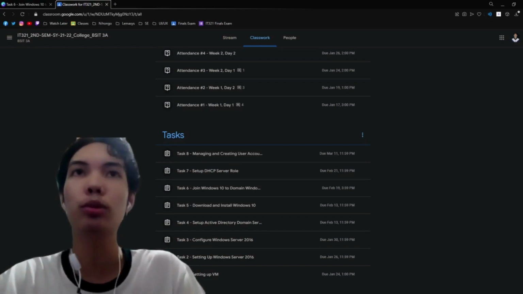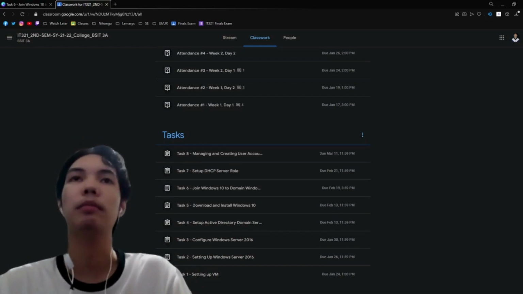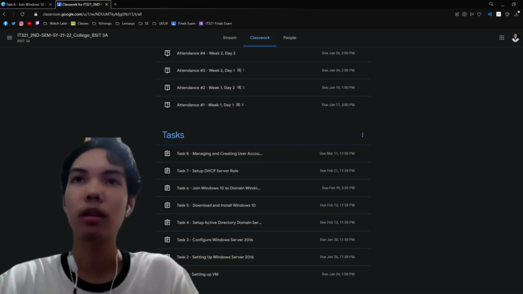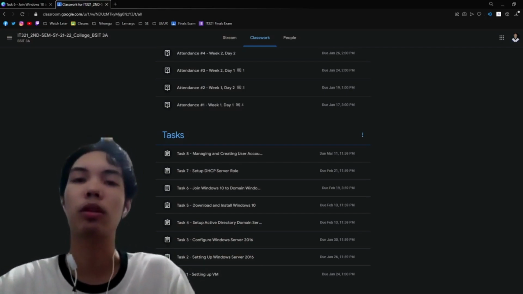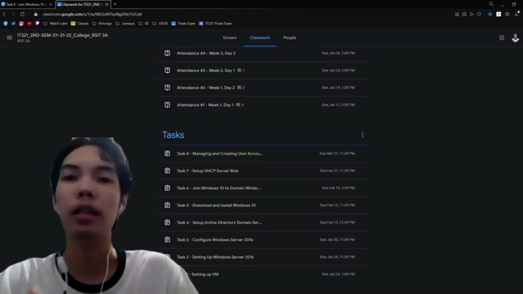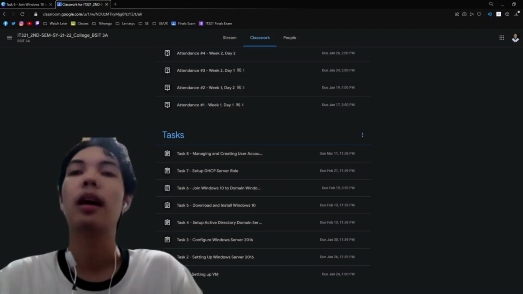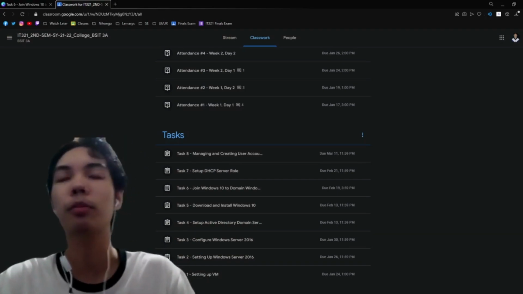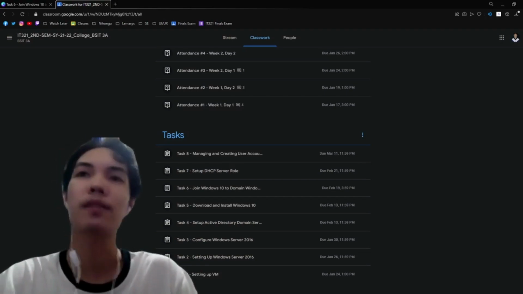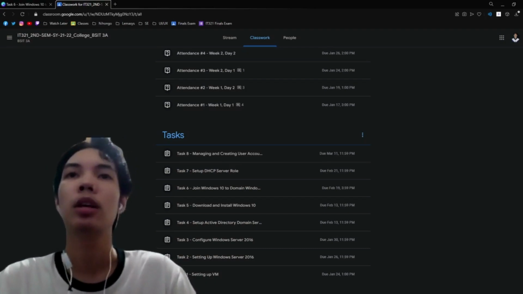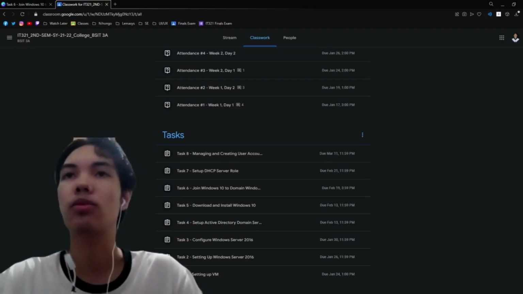In order to do all that, you will be the administrator who has the overall control of the server. Your role is to design, install, administer, and optimize your company's server to perform at its highest value business-wise. Now, throughout the course, we were tasked to do activities